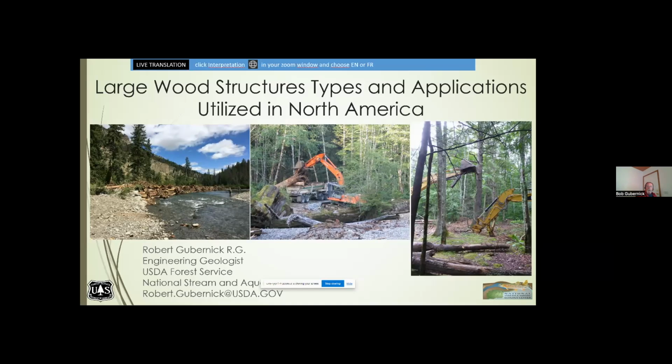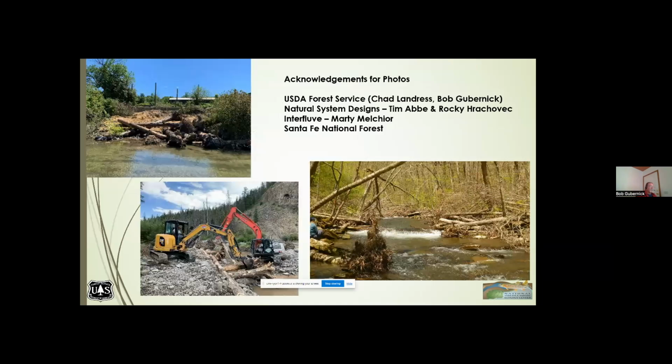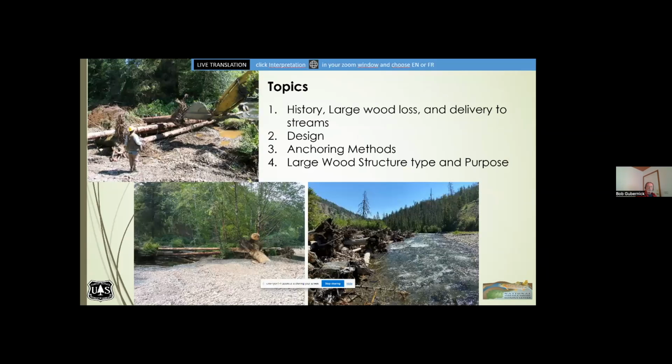I will go over a number of different things. I have photos given to me by some of the colleagues here that I am showing on this screen. So today I'm going to be talking a little bit about large wood history, large wood in streams, how it gets there, how it goes away, a little bit about design function and what you have to do for design, some anchoring methods, and then go into different large wood structure types and their purposes. So without further ado,